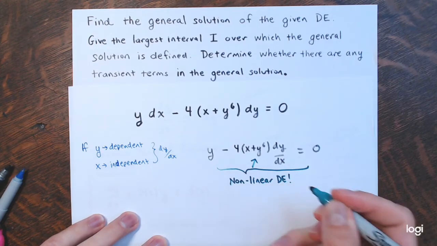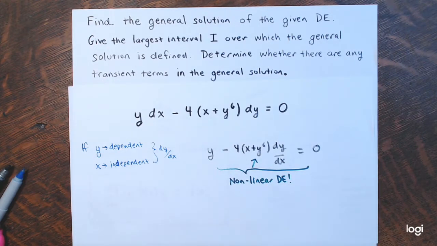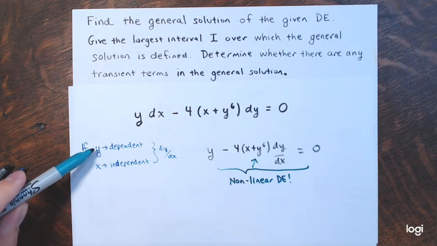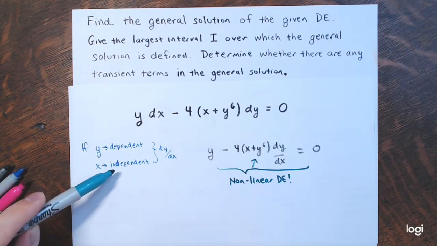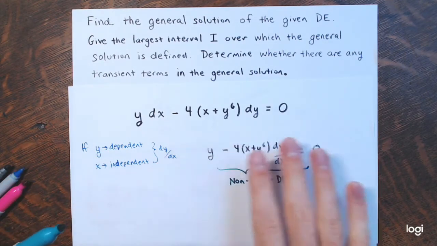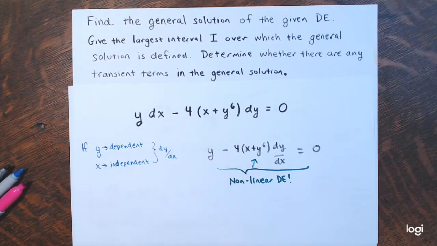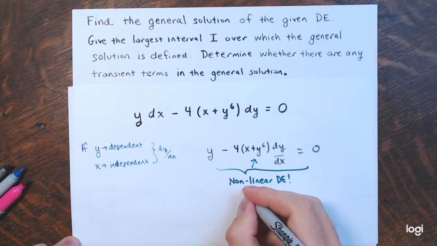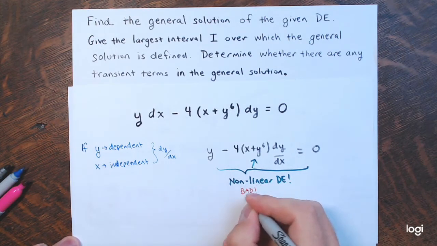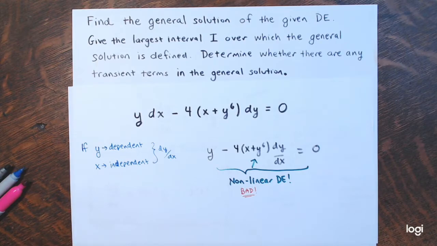Oh no. I'm supposed to be looking at how to solve linear first-order differential equations. So if we treat y as the dependent variable and x as the independent variable like we normally do, something bad happens. I get a non-linear equation, and I don't like that. That doesn't mean we can't solve it. There might be other things we see in the future on how to solve nonlinear equations, but instead,